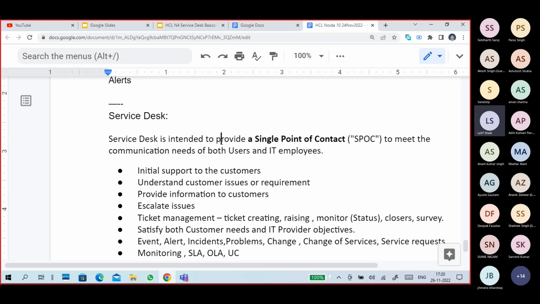Understand customer requirements, customer issues. Some people, very good in the service desk, they don't listen. You give a complaint, they shout. One day I got some issue with my credit card. They were trying to stretch the words and sentences.